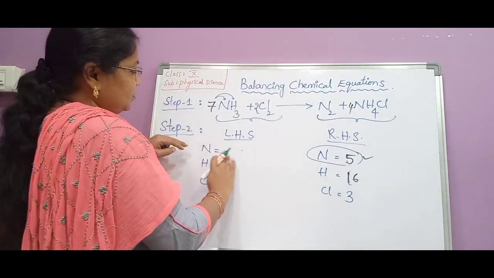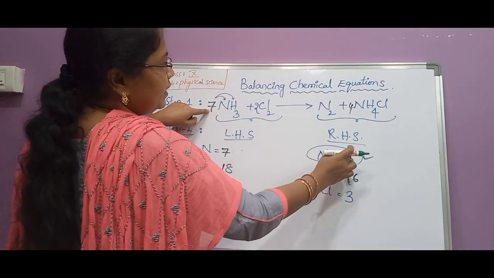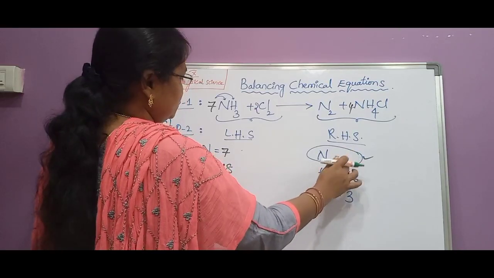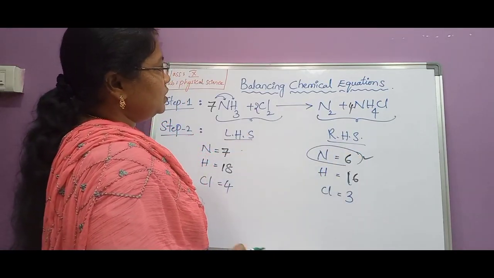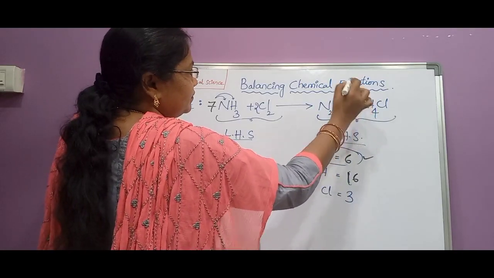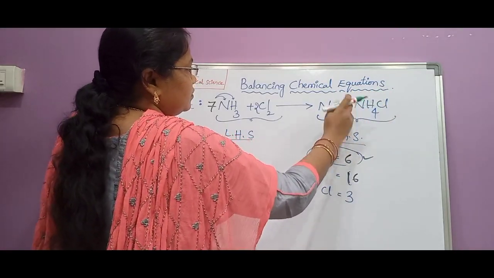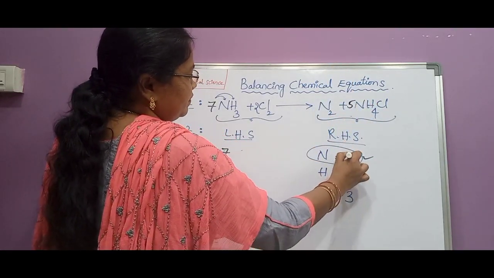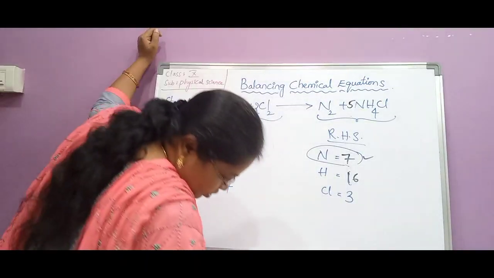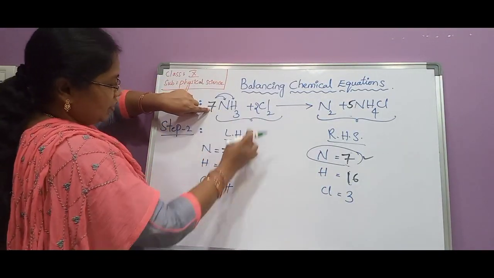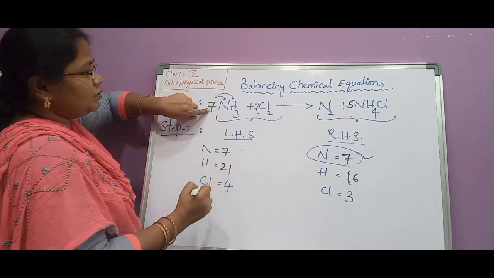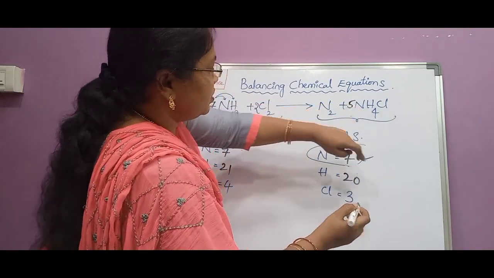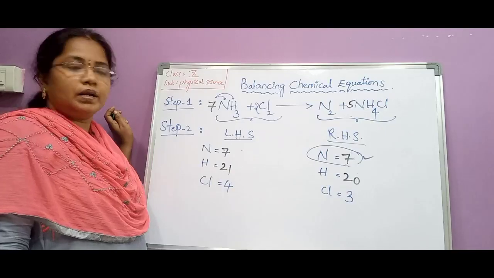Okay, if you try with 7, here nitrogens became 7 nitrogen, and here 2 nitrogens plus 4 means here 6 nitrogens. See here, again they are not getting balanced. Suppose if you write 5 here, what happens, children? So here 2 nitrogens, here 5 nitrogens. That becomes 2 plus 5, 7. But what about the hydrogens? The number of hydrogen atoms we will count again. 7 3s are 21. This side it becomes 21 hydrogens, and this side 5 4s are 20. Again there is a difference of 1. Again, the hydrogen atoms are not at all getting balanced, no?